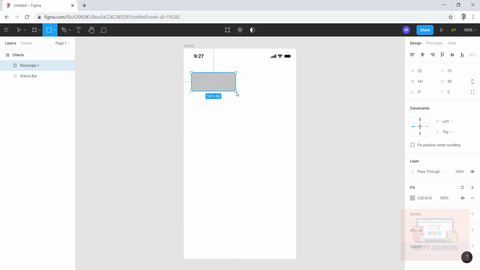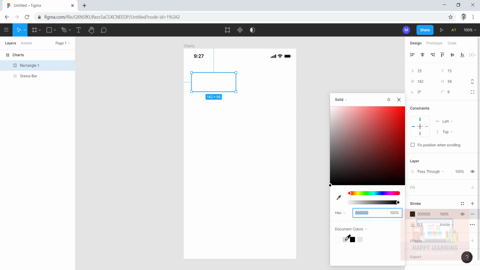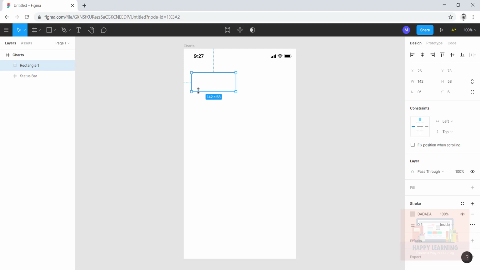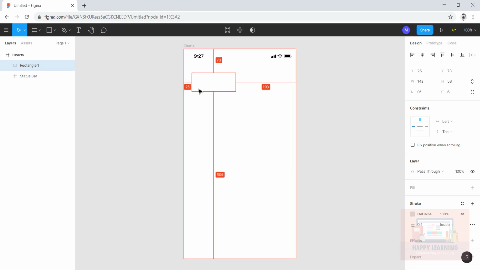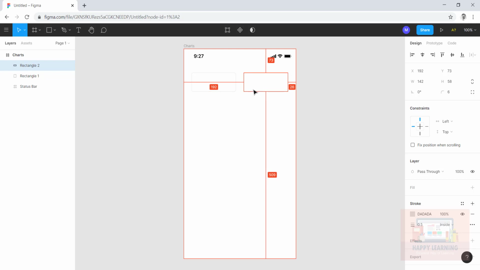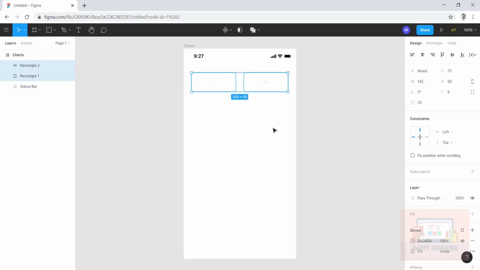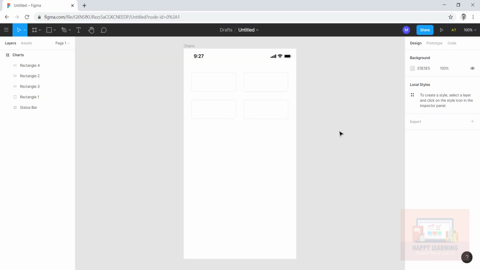I just wanted to take four values and then would like to go with only the stroke. So no fill color. Let me remove this fill color. I would like to have a 0.5 stroke weight, and let's have a light stroke color that you can see here. Very light stroke color. I would like to have one more duplicate copy of this box. This is good for me now. I would like to have one more copy here, right? Yeah, 25 distance here. You can see four boxes.